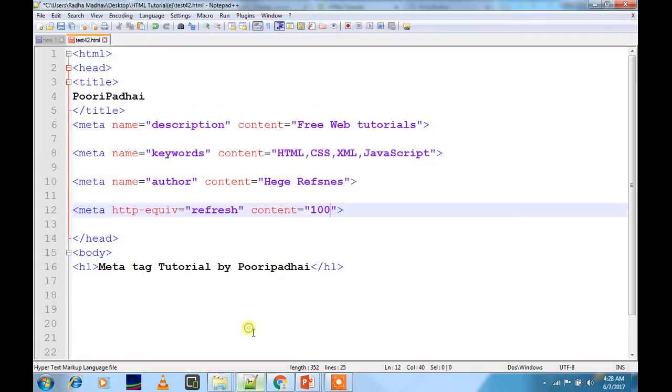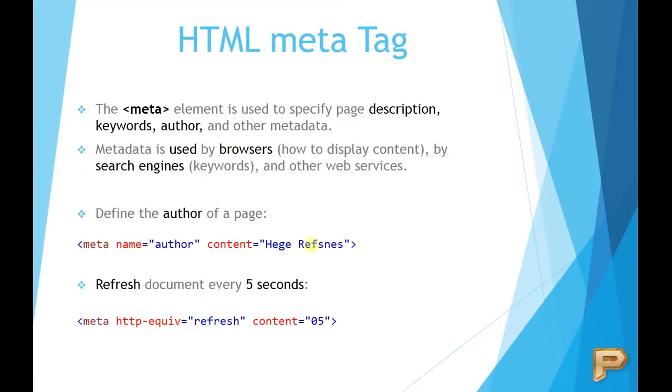So this was all about how description, keywords and refreshment work. And author is also used for documentation purposes. It cannot be shown. It is used for documentation purposes. So I hope, learners, you have understood the most important aspect of the HTML meta tag, which is used when you have finally launched your website and want to make your website searchable through SEO, to increase your SEO searchability by the keywords, and you can also give the description of your website.